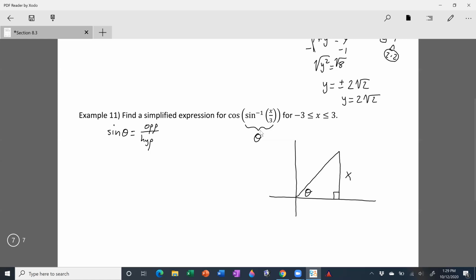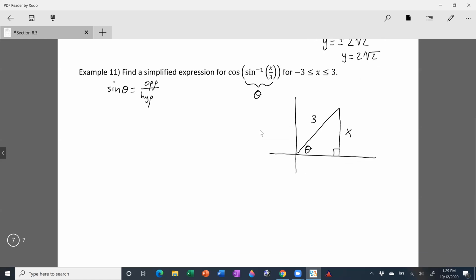opposite over hypotenuse. Now that's a little awkward that that's called x, because I usually like to call the vertical direction y, but if we've just got variables involved, then that's just got to be x. Okay, we want to come up with a simplified expression for this in terms of x. So for cosine of the angle, we need the adjacent